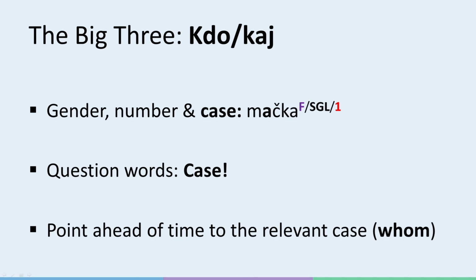The different forms of the question words point ahead of time to the case the answer will have to be in. It's basically much like the English word whom, only more complicated, as there are 6 versions of who and 6 versions of what. Before we have a look at them, let's refresh our memories as to the basic functions of the cases. So when or why we'd want to use a particular case at all.